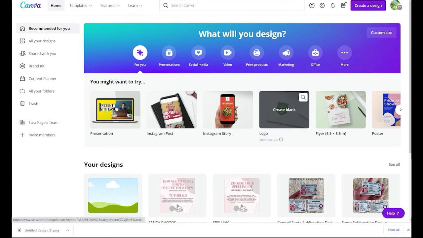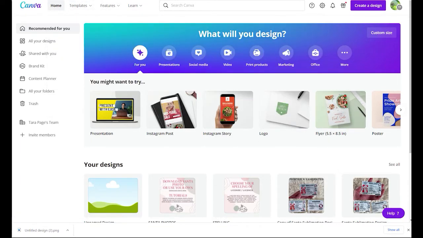Hi, it's Tara from Jula Design Studio, and I'm going to show you how to use the free version of Canva to edit the Santa's driver's license template by adding your own photo into the license. It's going to make it one solid PNG, then you can use it for print and cut in your Cricut